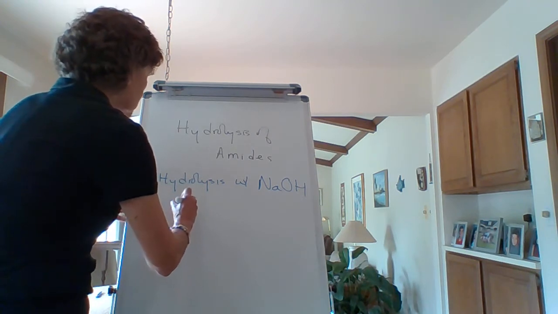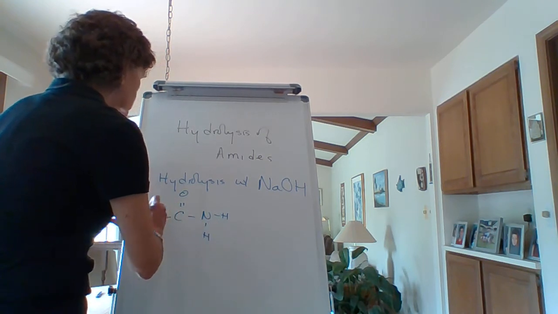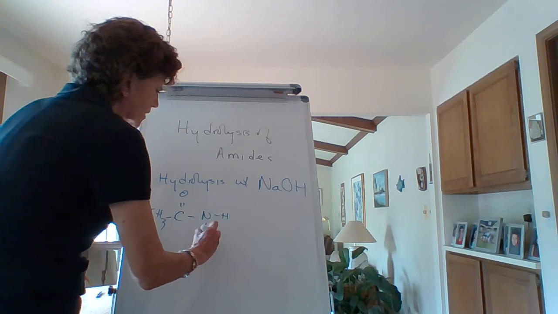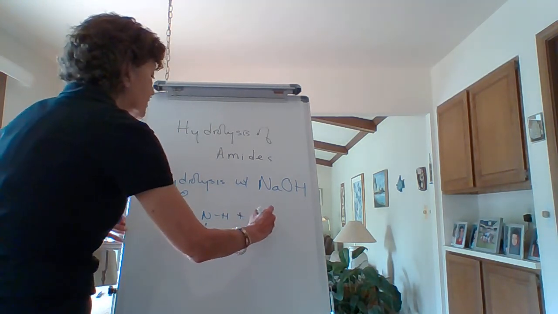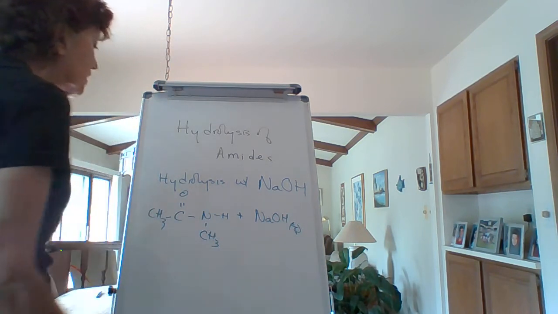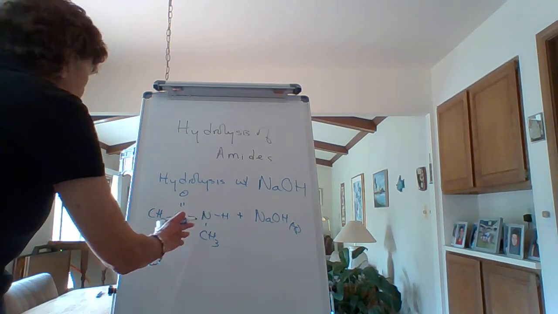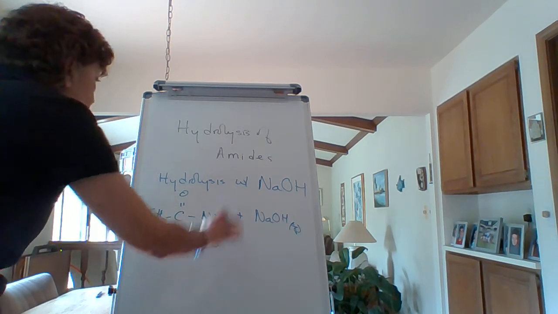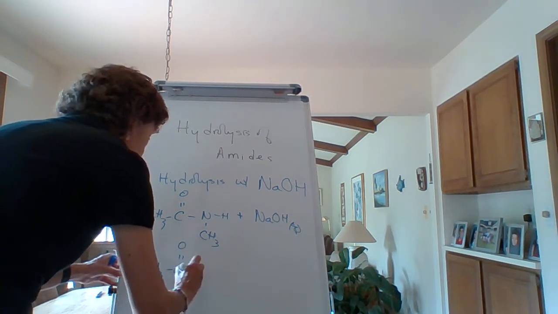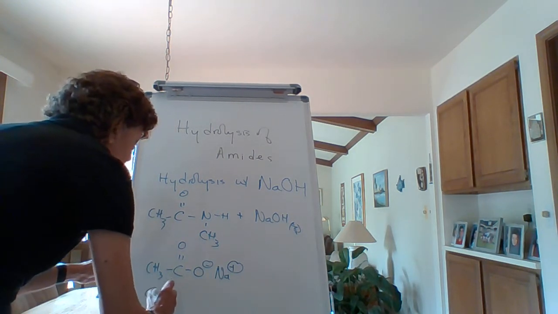So our amide again. Let me go ahead and change it up and turn it into a secondary amide. And I've got my sodium hydroxide. It's aqueous. There's always water involved. So I'm going to turn this. This over here is going to turn into a carboxylate salt. So this is what this one's going to look like. Okay, so this is a carboxylate